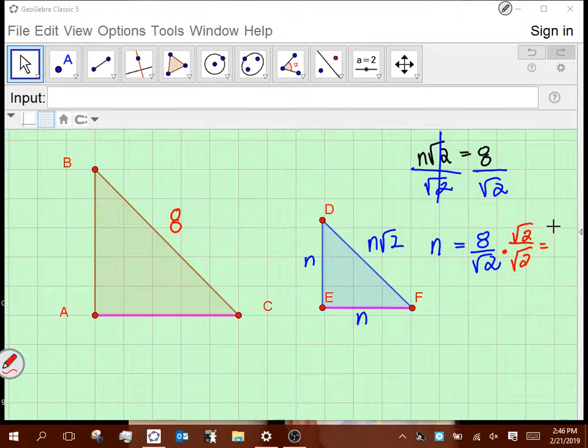Here's my next question. How do I multiply radicals? I'm going to multiply straight across here. What do I get? 8 radical 2. What do I get on the bottom? 2. Okay. So now that 8 radical 2 over 2